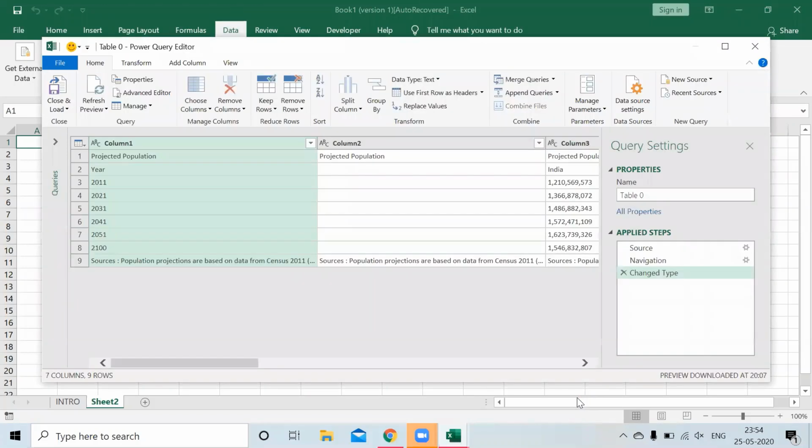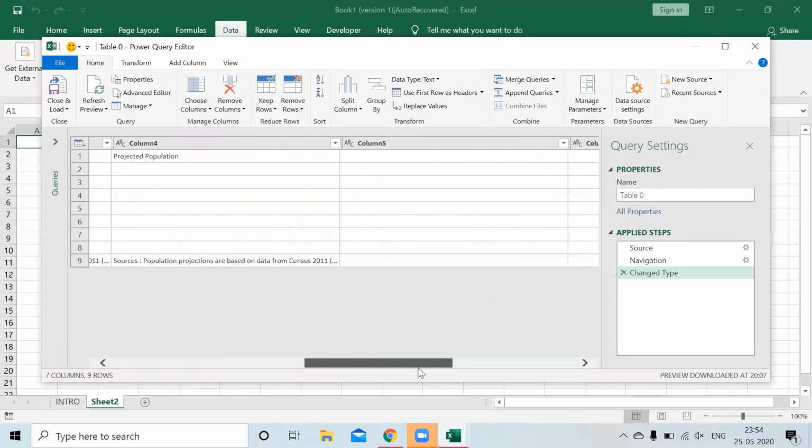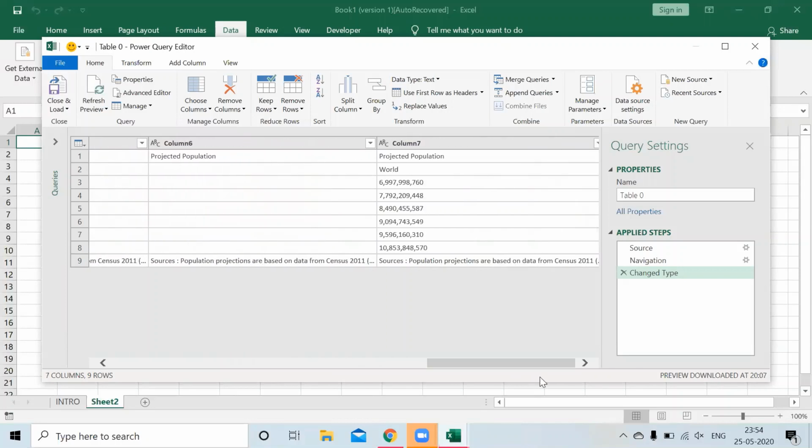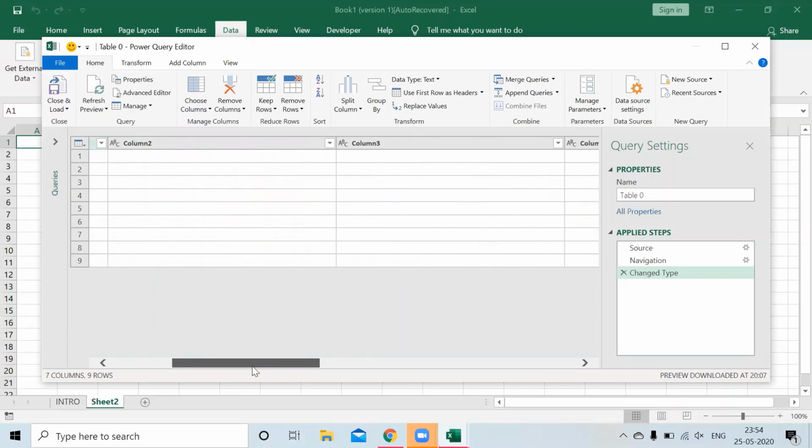Now, as you can see, a Power Query editor has come up on my screen. So the Power Query is actually what is linking my data at the back end, on Google Chrome or any other website, with my Excel sheet. So over here, I'll be editing and I'll be keeping only those features which I require. So I have to select the columns which I want to extract. As I can see over here, column 2, column 4, and column 6 are blank. That is basically they do not contain any data.